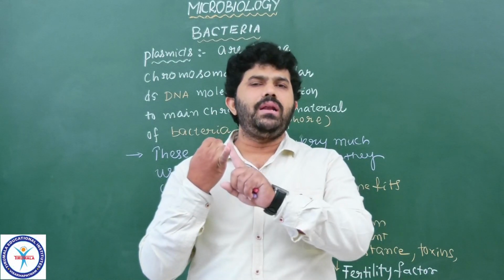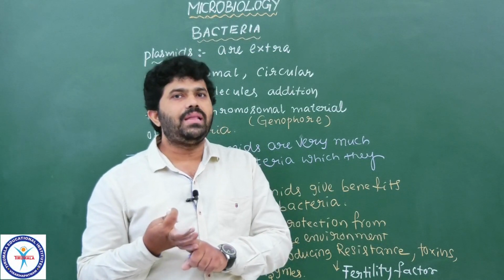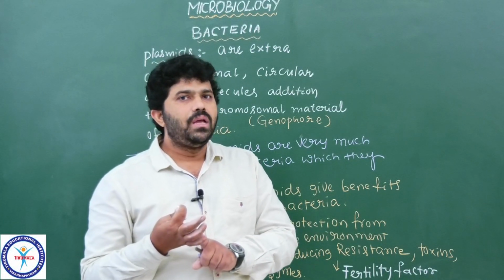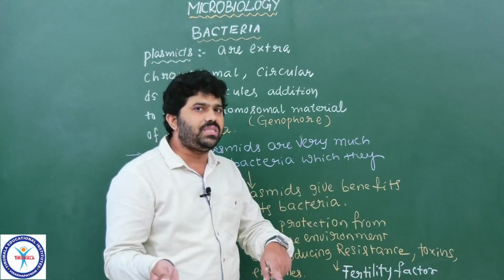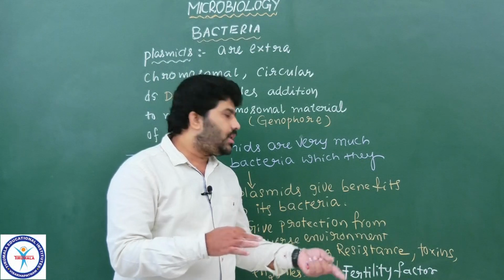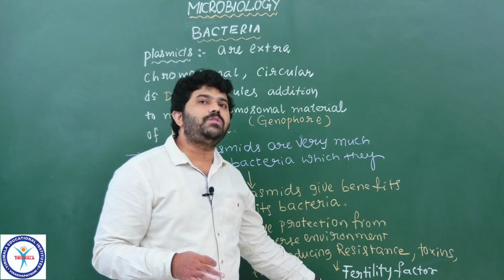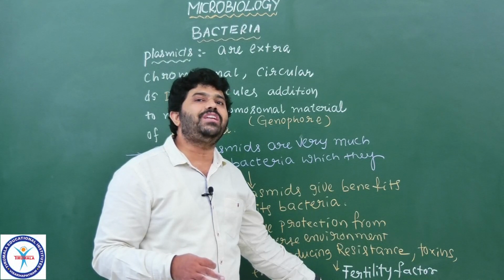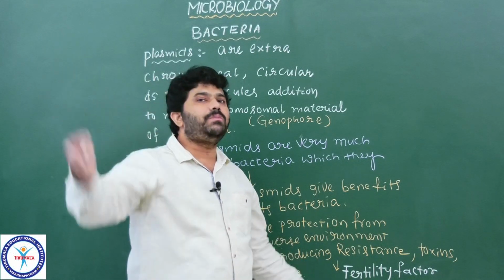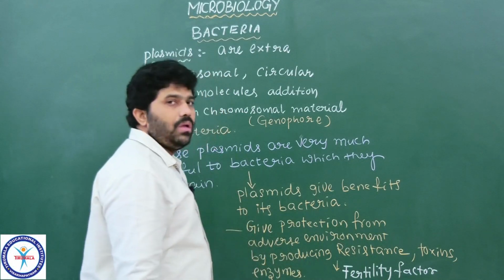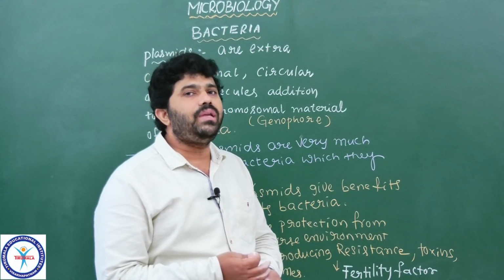They are conjugation, transformation, transduction. In the coming lectures we are discussing them, of course. In all these cases, the genetic material is going to be transferred from one region to another, especially genetic material in the form of plasmids. So the bacteria which contain plasmids are also able to carry genetic information from plasmid-containing bacteria to plasmid-lacking bacteria. Understood? Based on which mode they follow, we call it the sexual mode